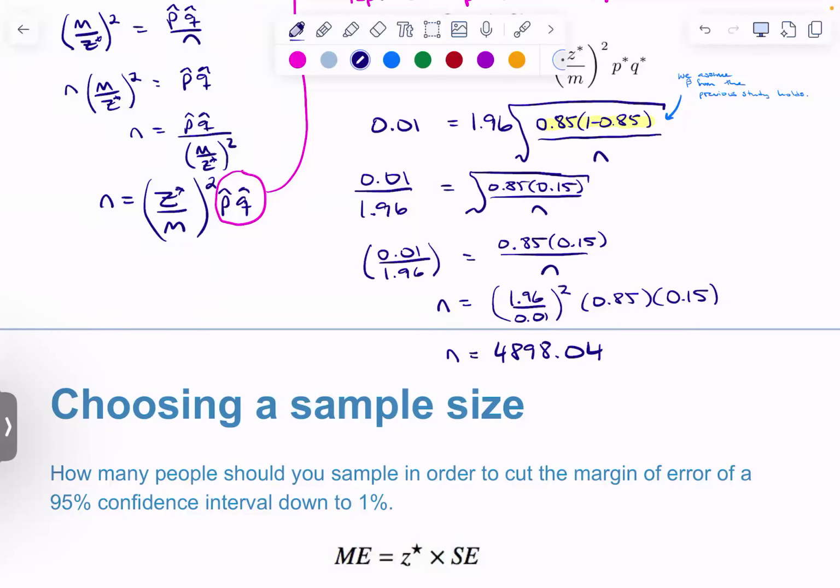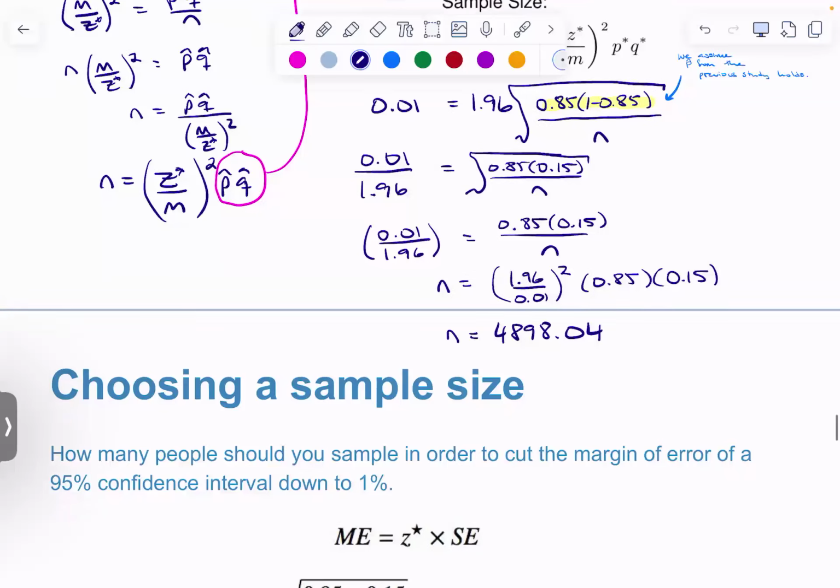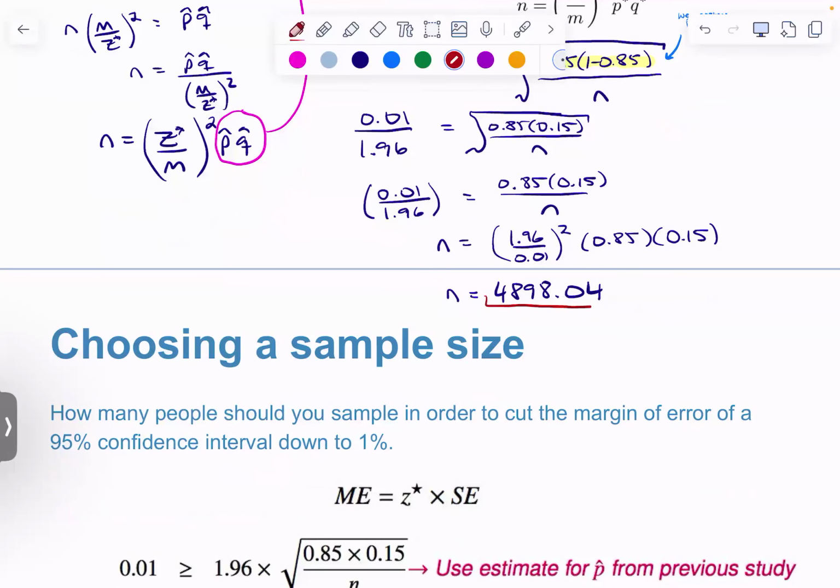Now here's an important part. Even though 0.04 is small, and usually you would round down, when you're talking about a sample size, if you round down, then your margin of error is just going to be a tiny bit bigger than you wanted it to be. So you're always going to round up. For n, we always round up. So we would need n equal to 4,899